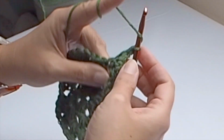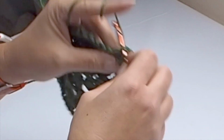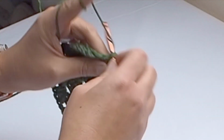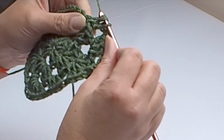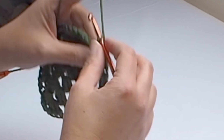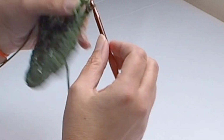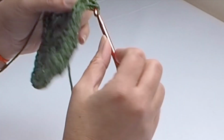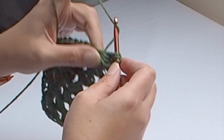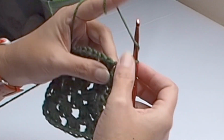In each chain 1 space, place 3 double crochet stitches, 1, 2, and 3, and chain 1 between them. So there are 2 chain 1 spaces in this fourth round. So there will be 2 3 double crochet clusters and chain 1 between them. Now we reach the corner, so we will create the corner into the corner. Corner always consists of 3 double crochet stitches, chain 1 and 3 double crochet stitches. So there are 2 3 double crochet clusters and chain 1 between them in each corner,